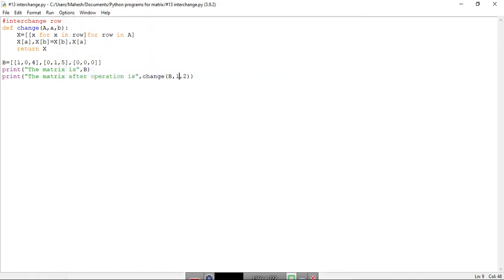So this is all about the Python programming, wherein we have written a simple program, just a simple code for interchange of any two rows. And in the previous video, we have seen how to multiply a particular row by a scalar. By using these two operations, we will define the third program wherein we are taking a particular ith row and adding the ith row with some scalar multiple of the jth row. So that program will be the third part of this series. So stay tuned and see the third part of this video.